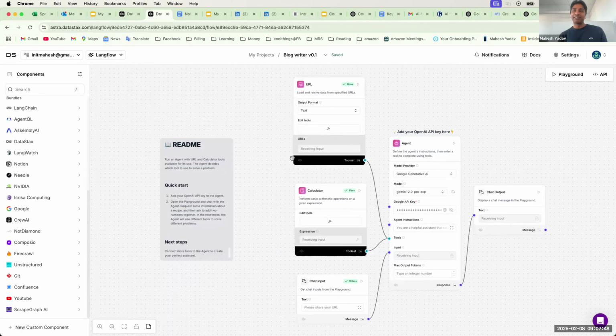So I just modified it. What it does is it takes a URL, and then I told it to write a blog for me. Do you want to see it? Basically, I just modified the one that I got out of the box. And I said, okay, this chat guy, take a URL.